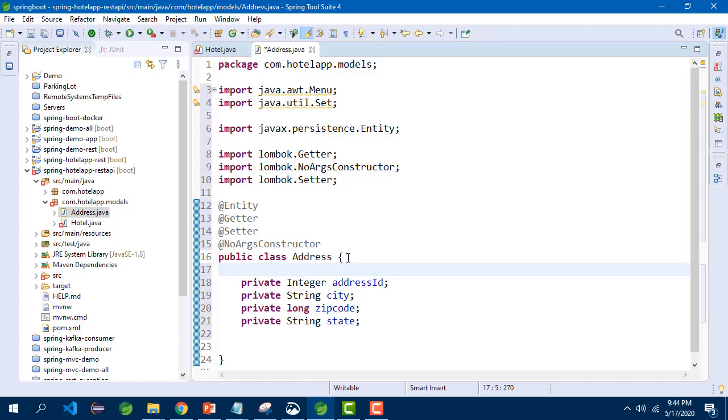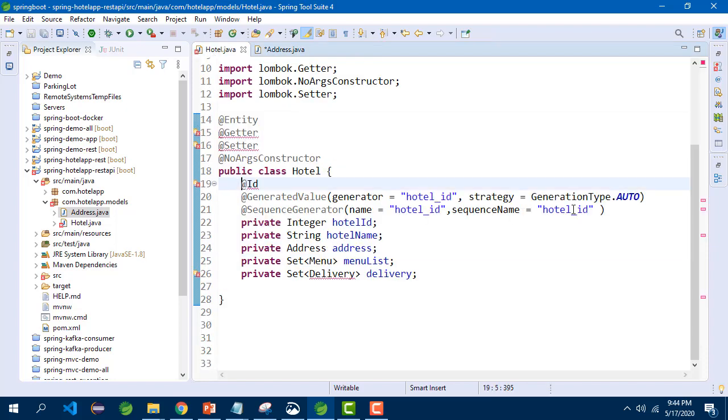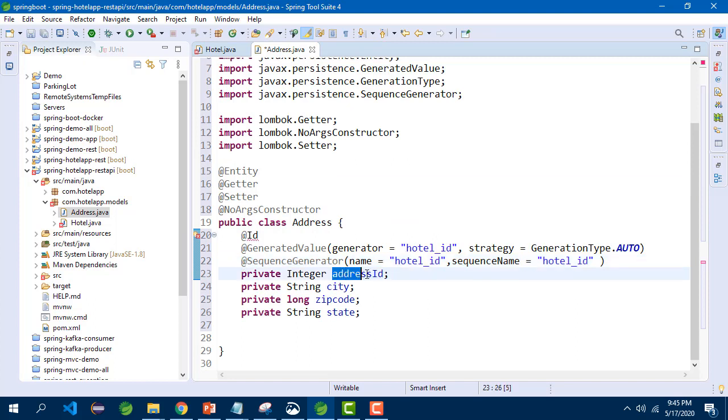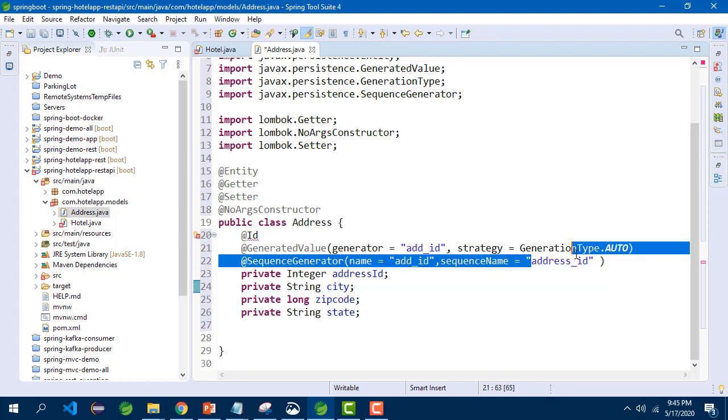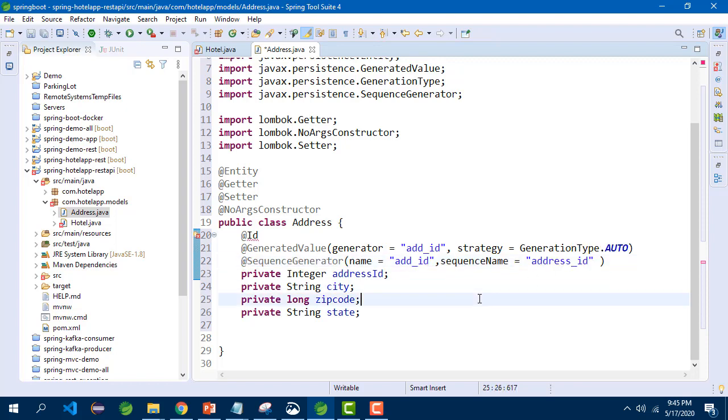I need to add the annotations for addressID also. I'll copy it from here. Now this should be addressID. Let me change the name. To make it clear, here the generator name I am giving as add_ID and the sequence name is address_ID. This is the name of the sequence which will be stored in the database.